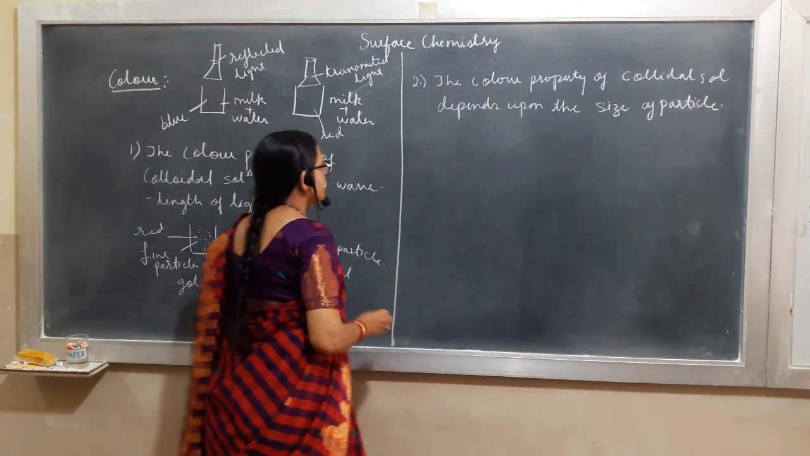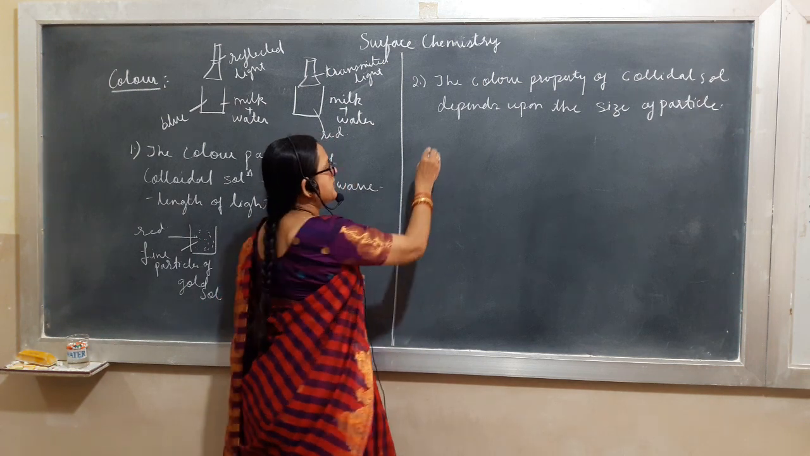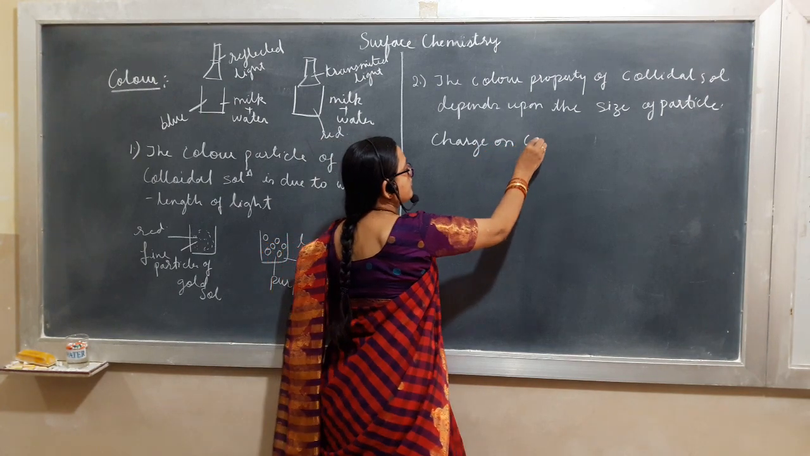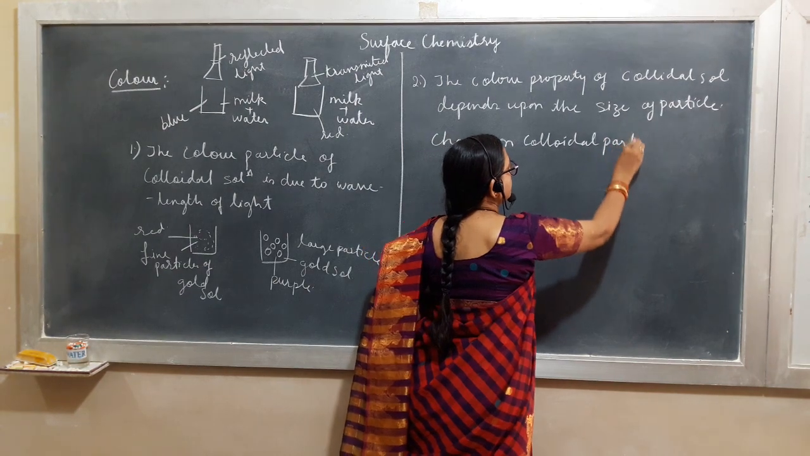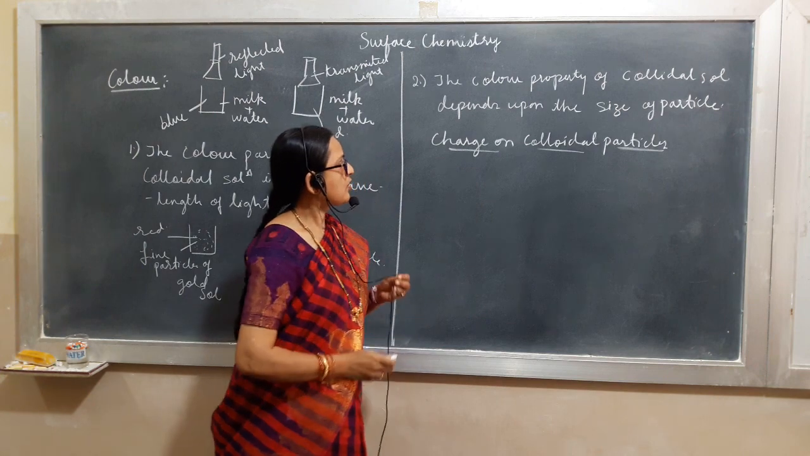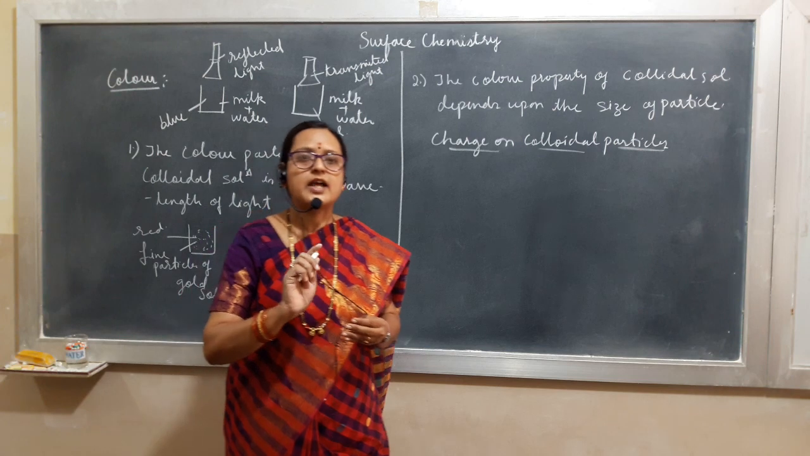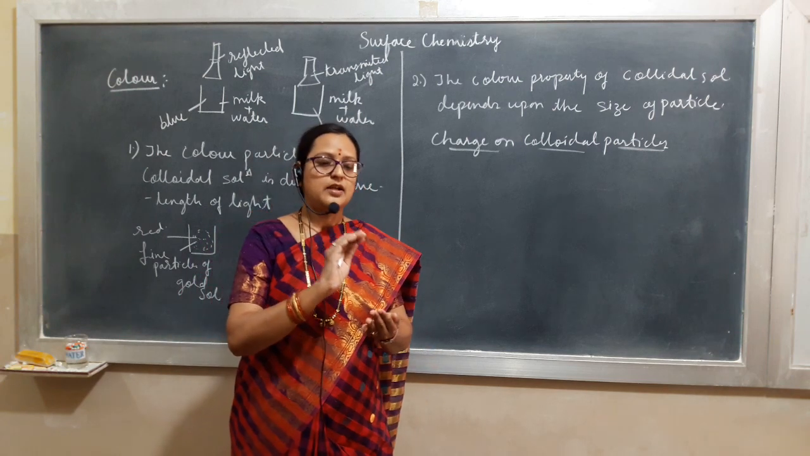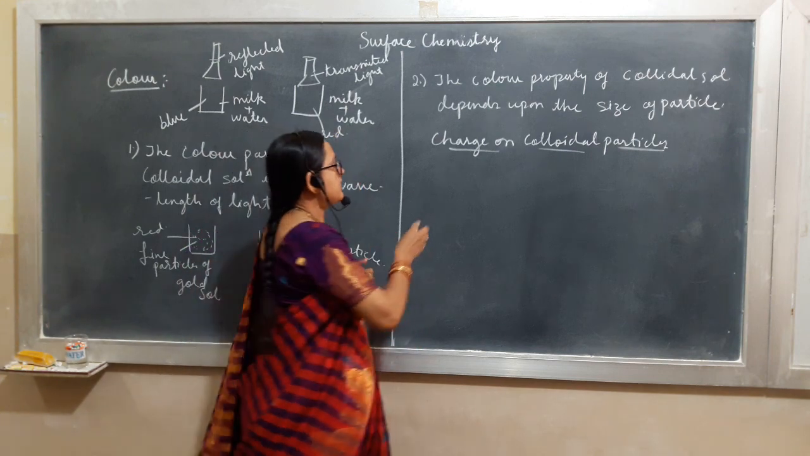After studying these, we shall move on to the next property called charge on colloidal particles. This colloidal sol is having some charge. All the sols are having same kind of charge. The charge is due to the electrolyte ion adsorbed on that. Now let us take one example. Suppose